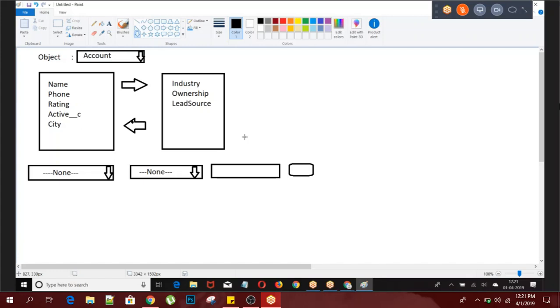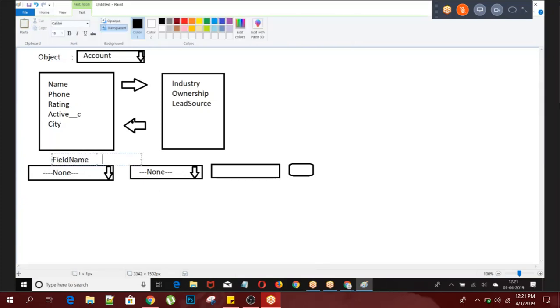I will select some of the fields. Then I have a condition. Now select the field equal to value, select field not equal to value, field greater than, less than. Field name, operator. Then I have a plus sign here.